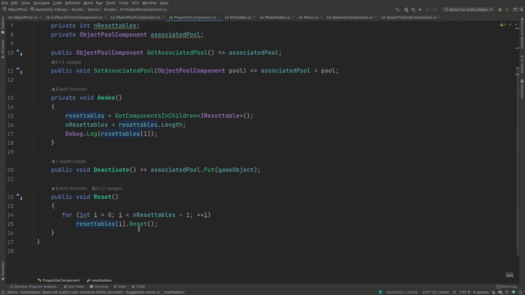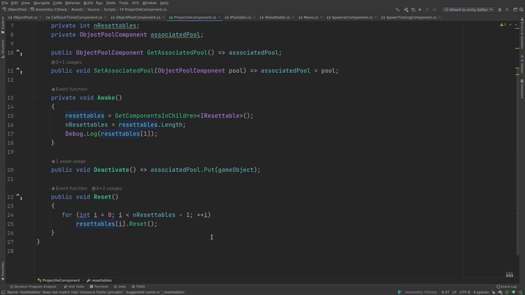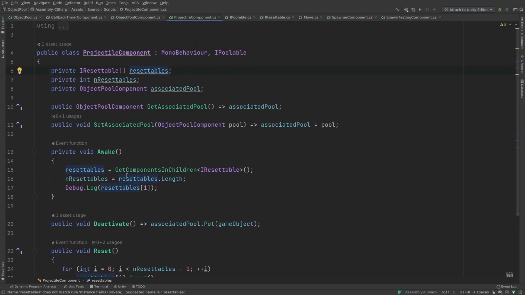So that could be a health component. It could be, in our particular case, this callback timer component. It could be a bunch of things that need to be reset once we pull an object out of the object pool. Okay, now let's go back to that. What else is different? Well, I need to populate and initialize, instantiate, whatever you want to call it, this resettables, right? So it's null. So here I'm calling GetComponentsInChildren. This will create an array, and I'm going to initialize resettables to that array. What will be contained in the array are a bunch of IResettables,